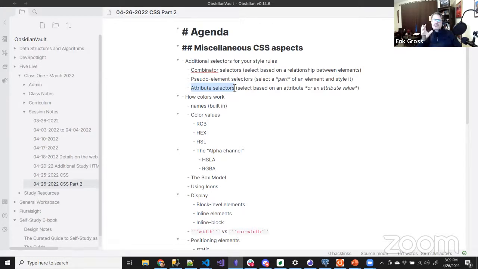Now, I don't expect you to memorize all of these selector types. One of the big takeaways here is that we simply need a way to specify either the individual element that we want to work with or the collection of elements we want to work with. And we've got a number of different ways we can do that. Some of those ways are over on the HTML side. If we go back to yesterday's material